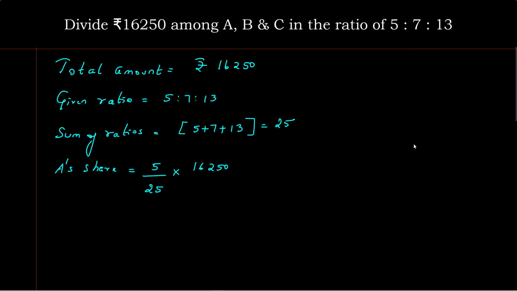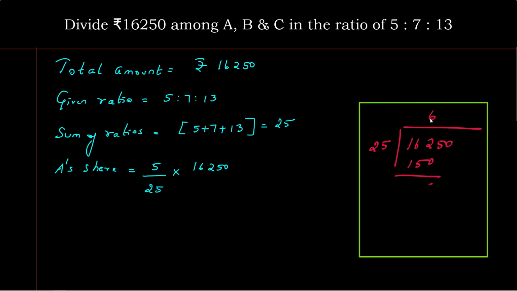I'm going to directly divide 16,250 with 25. 25 was 650. Now what is 5 into 650? We get rupees 3,250. So A's share is equal to rupees